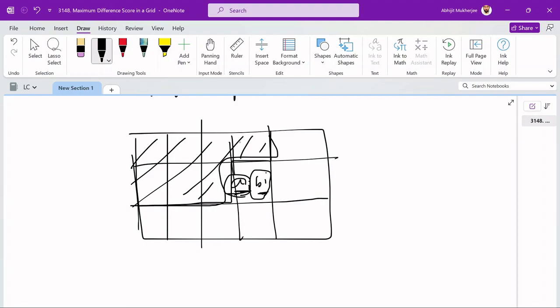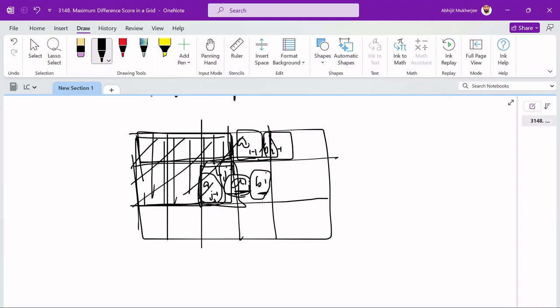Similarly, it will be for every cell. In this cell, A will be A of I minus 1 and B will be B of I minus 1. Here, for the calculation of B of I minus 1, A of I minus 1 will not be considered. And B of I minus 1 will be the minimum value present in this region. Let's say this is A of J minus 1 and B of J minus 1, where I and J are the X and Y coordinates. Now, in the calculation of minimum value for this cell, A of J minus 1 will not be considered, but the region which I'm currently marking